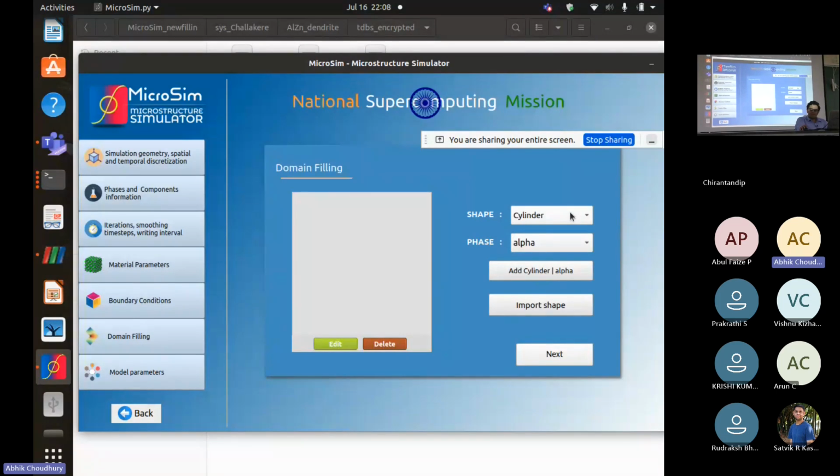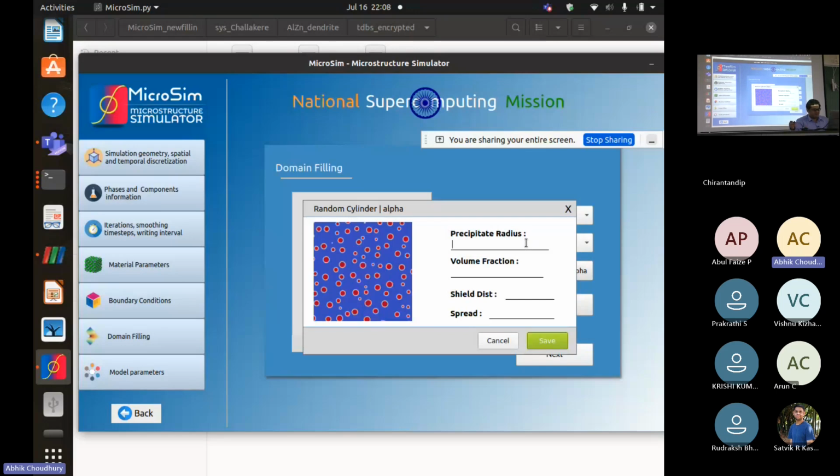So what shapes do we add? Cube. Let's do random, although I've forgotten what the random thing is. Anyway, we have to look at the manual. Oh, somebody has been nice. So precipitate radius, let's do 10. It'll do a random filling. So volume fraction, 1%, 10%. Spread is